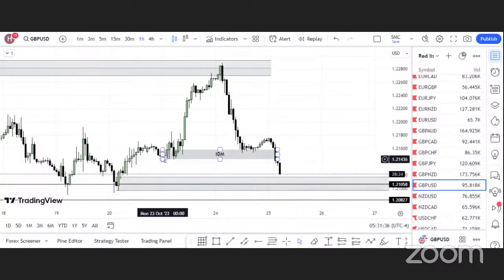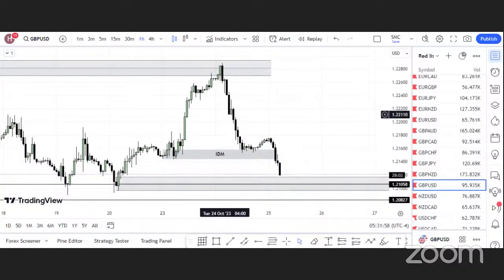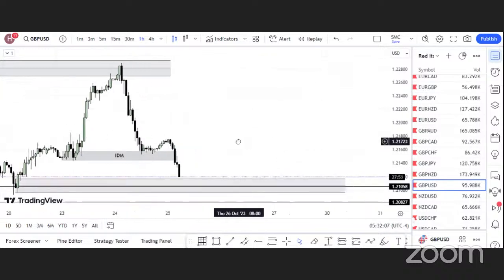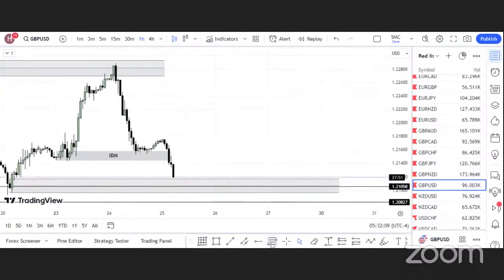So everybody here must have had this order block, this support, hoping that there's concentration of demand around this area. So when the market gets here, the market is going to buy. But when the market got here, what happened? The market went up a little bit, giving them a small profit, making them believe that yes, this market is going to continue to the upside. But the market came down, induced them, and the market is still heading to the downside. So that is why I believe that the market would